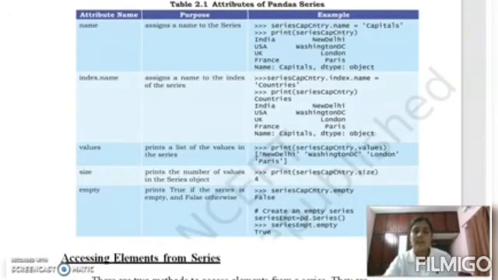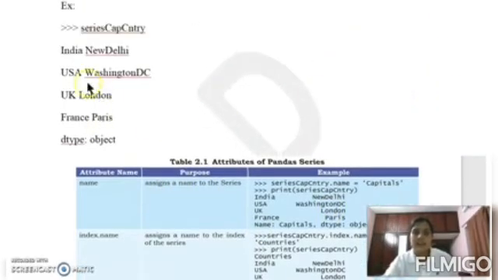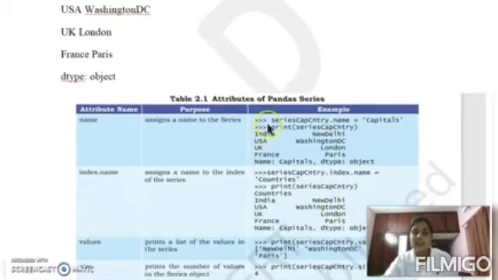So of these attributes of a Pandas Series, the first is name. As the name implies, name assigns a name to the Series. For example, this is our Series cap_country, which contains countries and their capitals. If you want to give any name to this Series, we can use this.